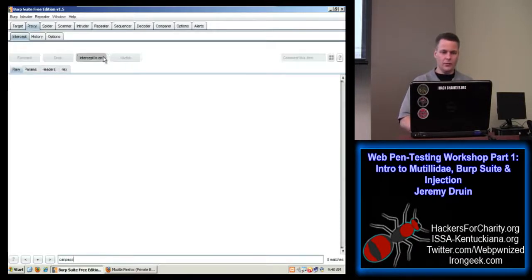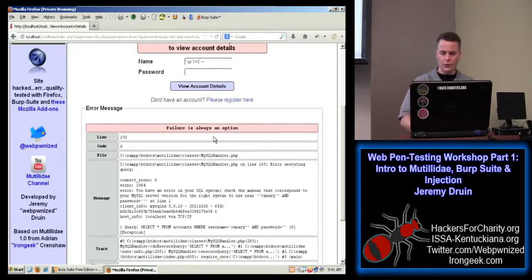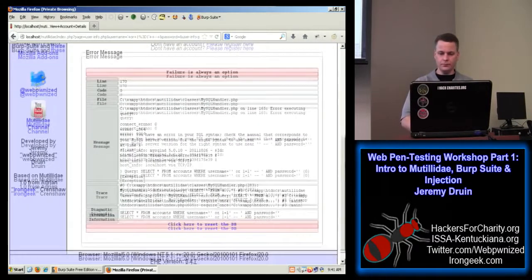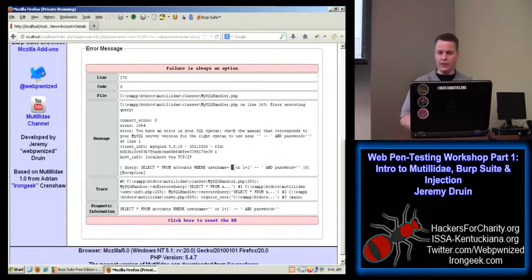Let's turn the interception back on. Oh, actually, we're not going to see it anyway. Okay. So I'm going to cause this to have an error on purpose so we can get the error message back. So I'm just going to add an extra tick. The first tick that we added closed out the username field, and then the comment we added comments out the entire end of the SQL statement. And then what's left in the middle is whatever we want to have happen. In this case, we're just trying to form a tautology to make the statement true. You'd be trying to bring back all the results for the entire table.